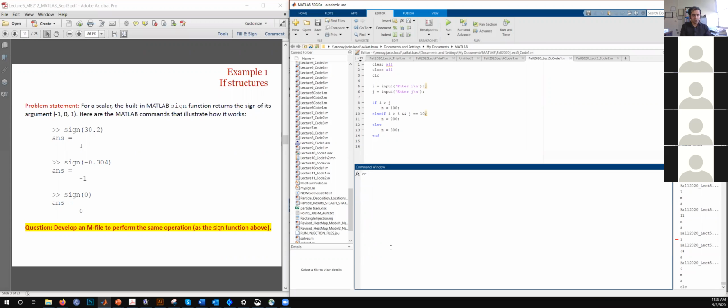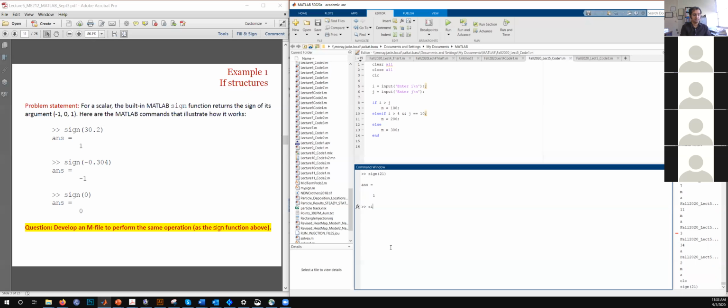So the sign function on MATLAB actually gives you the sign of a number. If the number is positive, it tells you that. Suppose let's try an example. If the number is say 21, it gives an output of 1. So this implies that if the number is positive, the output is 1.